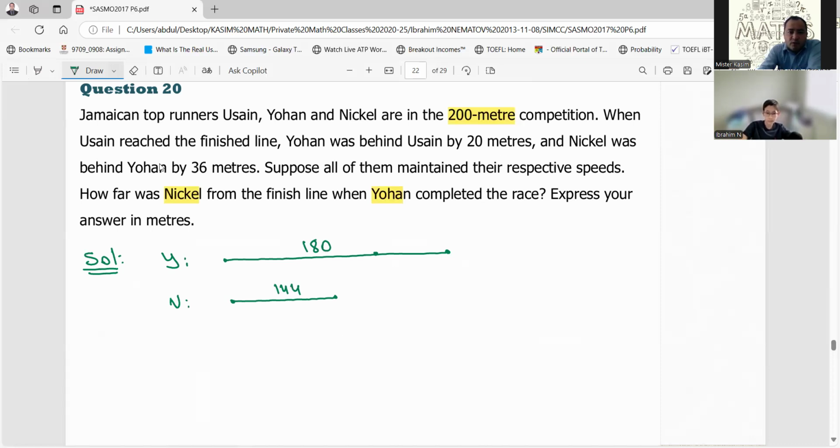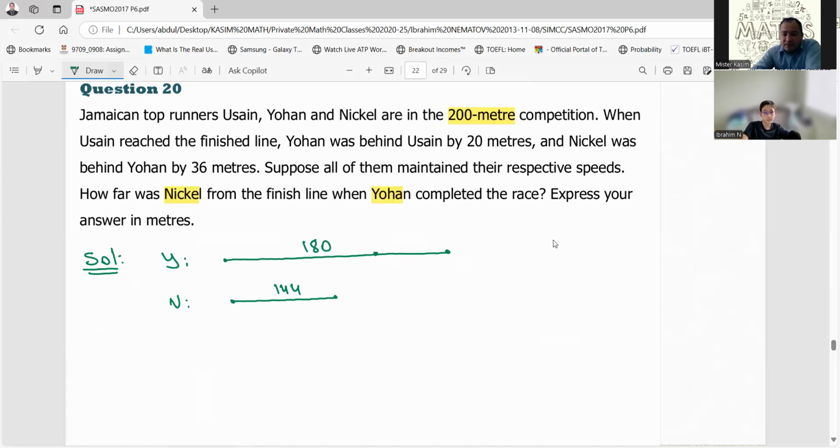It means that when Usain reached the finish line, Johan was behind Usain by 20 meters, right? So that means he actually ran only 180 meters. And Nico was behind Johan by 36 meters. 180 minus 36 is 144, right? But both of these people ran these distances in the same time,